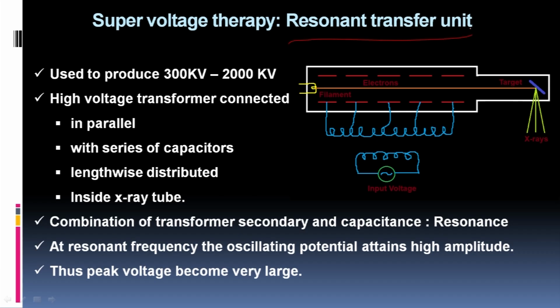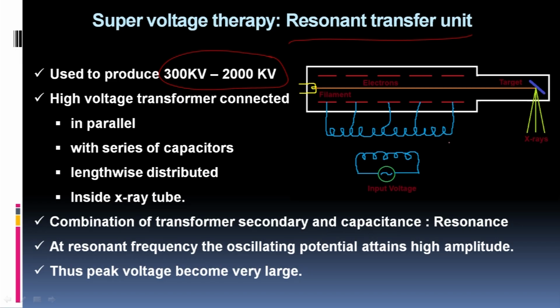That is known as the resonant transfer unit, which is used to produce 300 kilovoltage to 2000 kilovoltage. This means they can achieve a potential of up to 2000 kilovoltage. Now these high voltage transformers are connected in parallel. These are conventional transformers, connected in parallel with capacitors, which are distributed lengthwise